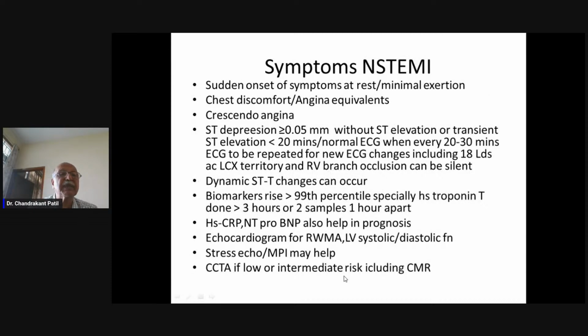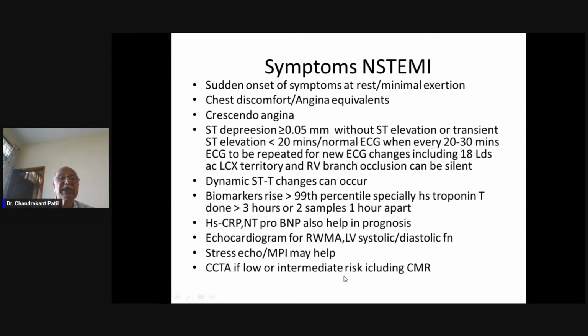What is more important is, in the ECG you can have more than 0.5 millimeter ST depression or an elevation, or a transient ST elevation lasting less than 20 minutes only. It will not persist beyond it. What is more important is ST depression. And hence, even though the initial ECG may be normal in these people, you may have to repeat the ECG